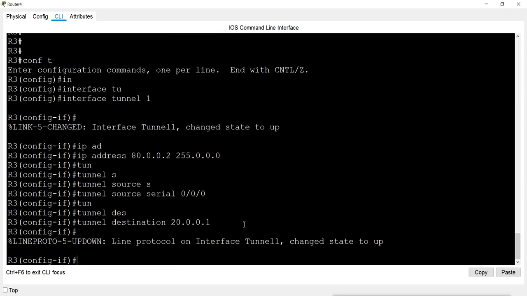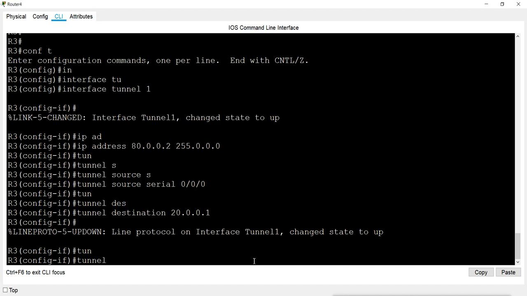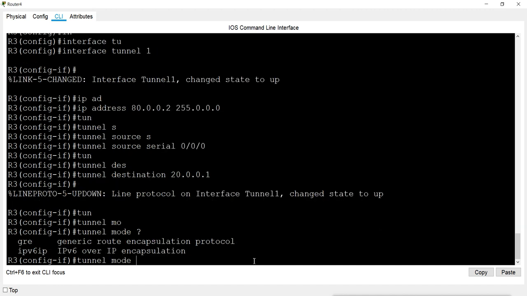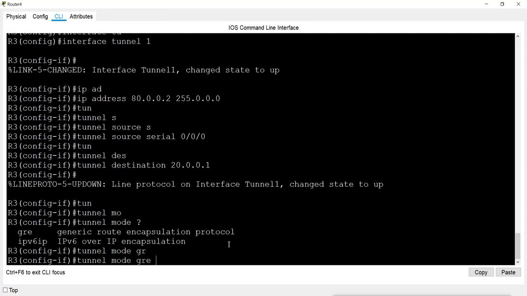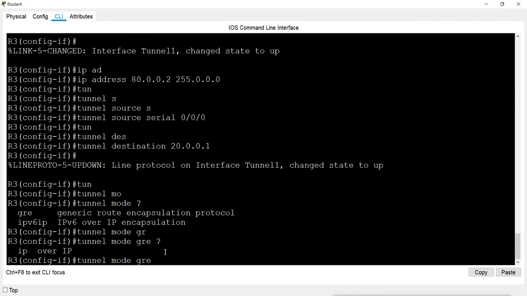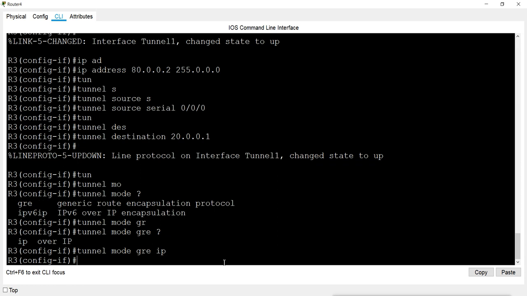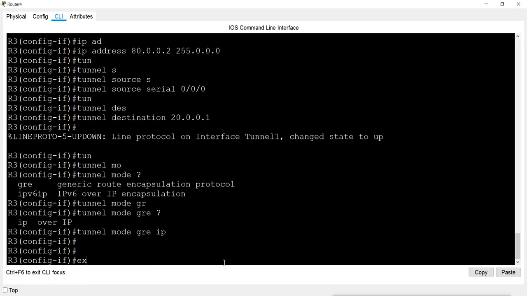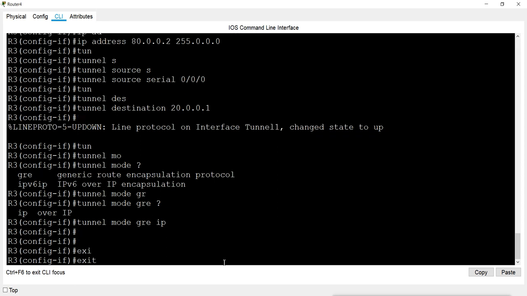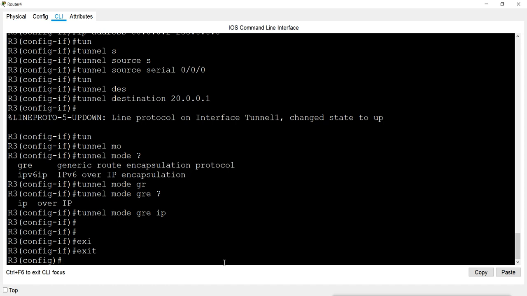And as I give this destination, you can see the tunnel is up now. And then we will mention the mode for the tunnel, which is GRE, that is Generic Routing Encapsulation protocol, which we are using. We are not using IPv6. And then IP, that means over IP. And this is also configured. So tunnel is configured now.